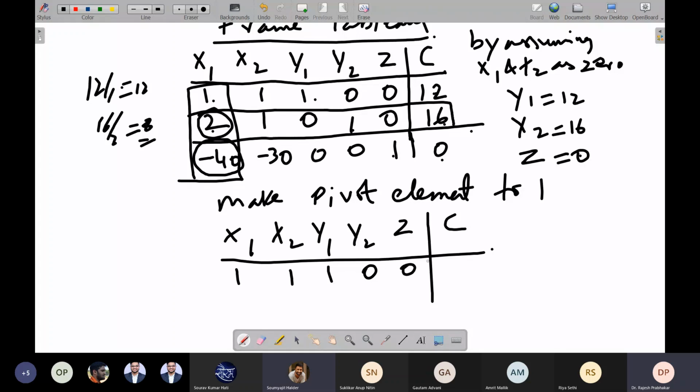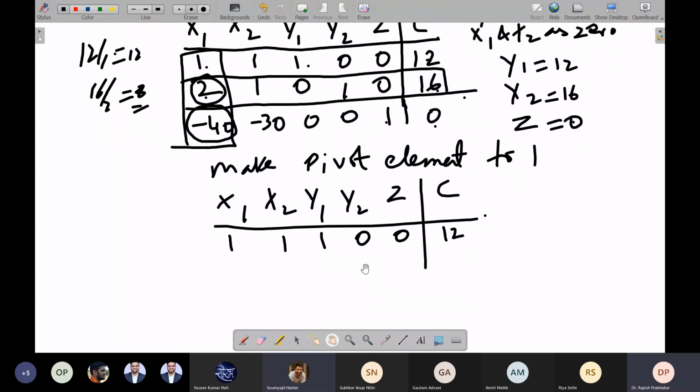So that becomes the pivot column. Then we divide the right hand side values, 12 by 1 and 16 by 2, and find the least coefficient. The least is 8, so that will become the pivot row. The intersection of pivot row and pivot column will become the pivot element. So the pivot element has to be made 1.